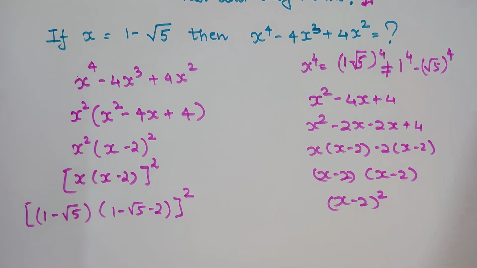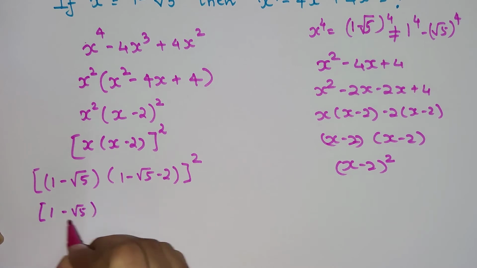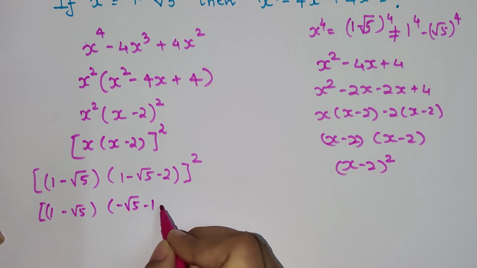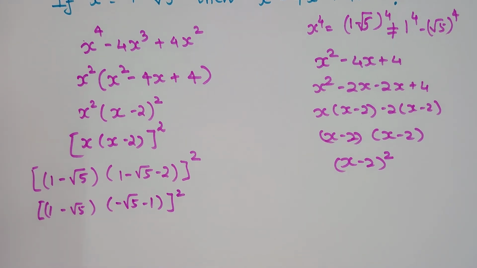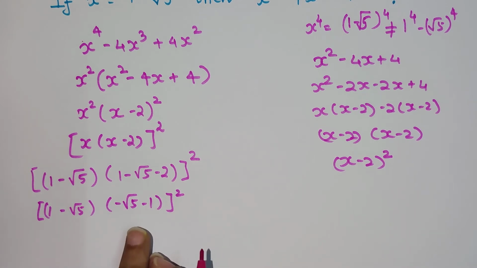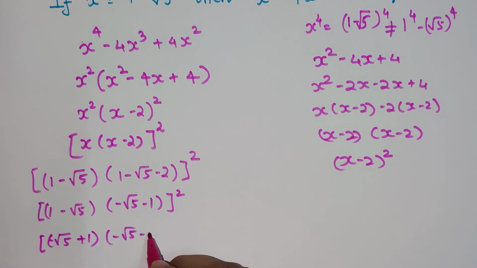Right, so here what we can do is, let's write this 1 minus root 5 as it is, because I don't know what to do with it, and this can be written as minus root 5 minus 1. Correct. Now if you look very closely, you can think that this is actually coming out to be a minus b and a plus b if you can rearrange them. So how do I rearrange them? It is nothing but taking your negative root 5 plus 1, and this is negative root 5 minus 1.